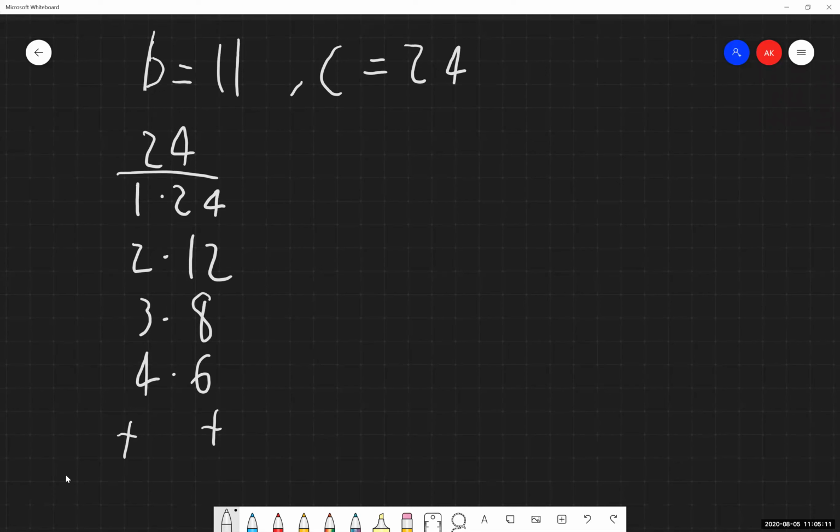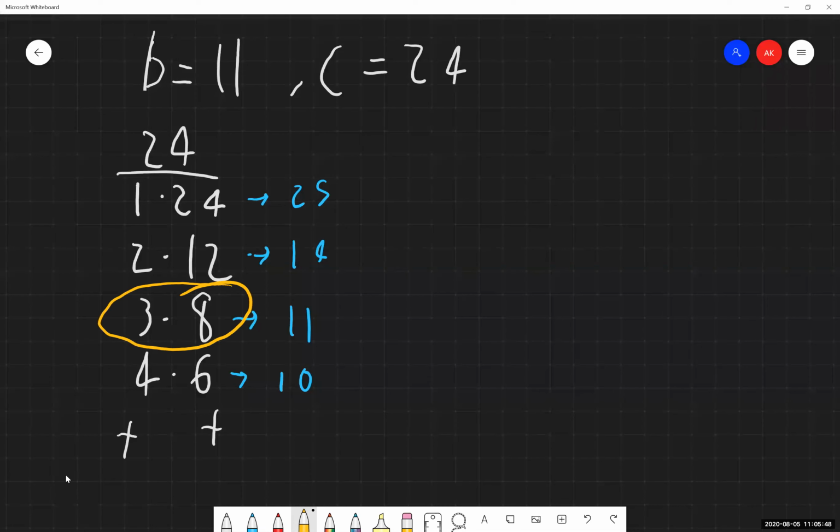So now I'm going through and trying to determine, okay, all the numbers in the left-hand column are positive, all the numbers in the right-hand column are positive. Now I just need to find which pair adds together to give me 11. Some people like to do this, and there's nothing wrong with it: off to the side, they put, what is 1 plus 24? It's going to give me 25. 2 plus 12, that's going to give me 14. 3 plus 8, that's going to give me 11. Bam, I just found it. We could continue on to the last one, but we don't need it.